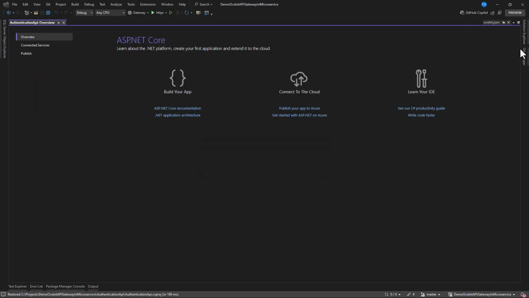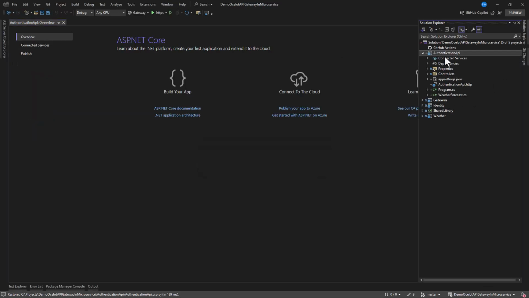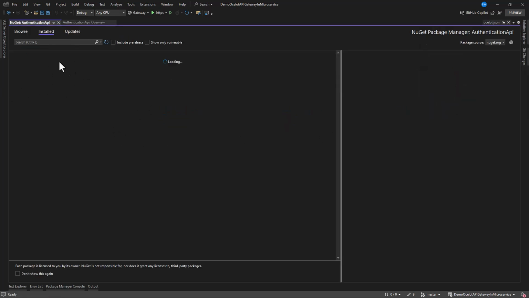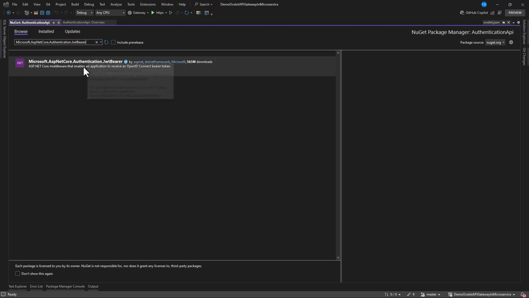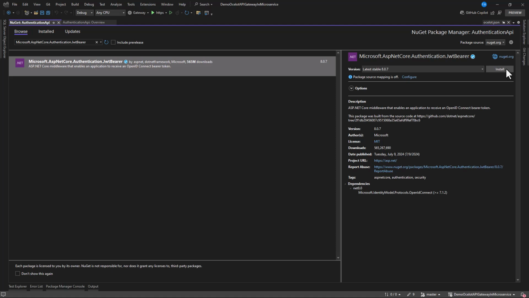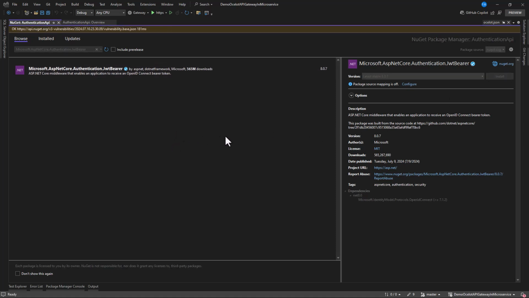After we have this project created and added, you can see we have it in here, Authentication API. Right click on dependencies and let's install a NuGet package, which will be useful in the authentication creation. So let's have Microsoft.AspNetCore.Authentication.JwtBearer, and make sure you install this package to the project.